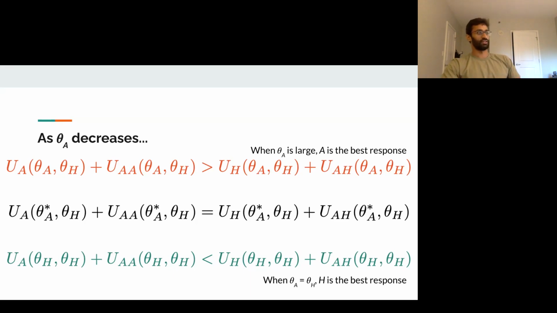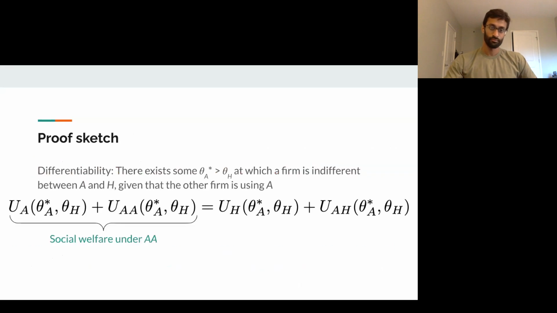And the final piece of it is that if both firms are using the human, each one of them individually has a strict incentive to instead use the algorithm. That's simply because there's no cost to dependence anymore, right? If both firms are using the human, you'd be better off using the strictly better strategy, given that it's not correlated with anyone else's decision making. So, right, that piece of the argument is required to say that both firms using the algorithm is in fact an equilibrium.